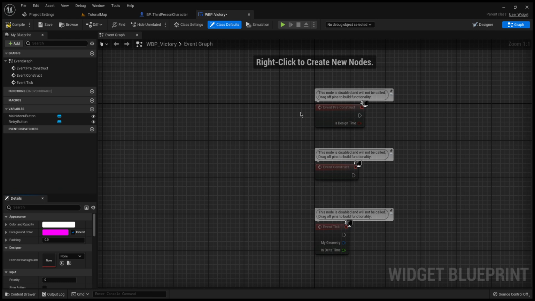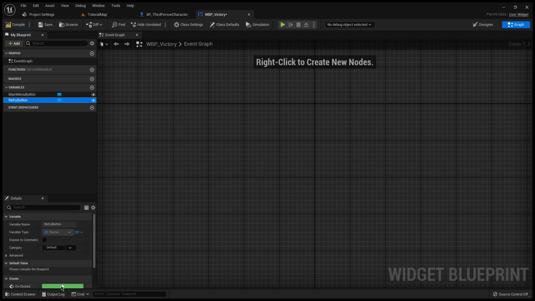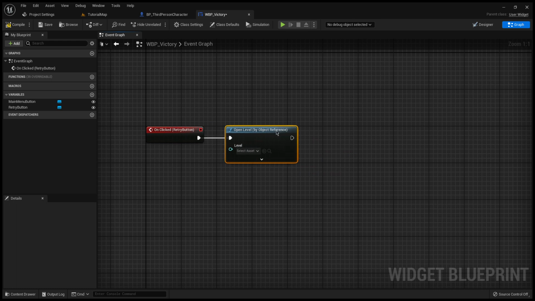So let's go over to the event graph. The next thing is we have our retry and main menu, right? So on retry, you're going to open level by object reference. So basically it opens whatever level you tell it to. You can set it up for your 10th level, your 3rd level, your 5th level, whatever, right? So, okay, anyway. Tutorial map is where we want it to open on retry, okay? And then main menu,